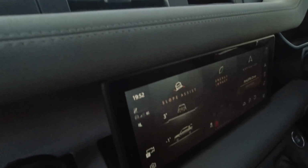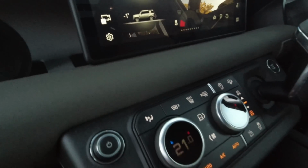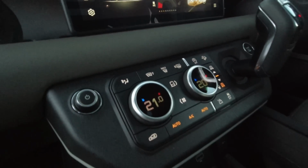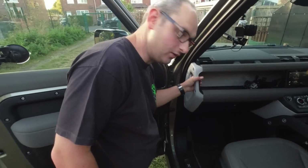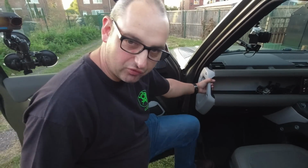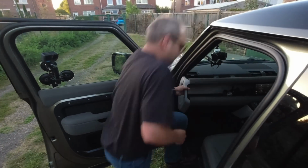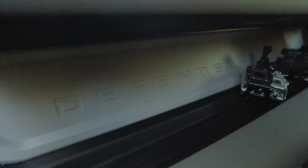We've actually got not only fresh air vents in here, but we've got climate controls there and USB ports as well. So that should be enough to keep the kids happy on any long journey. And this piece here, this is actually a structural component that goes across the width of the vehicle. We've got this nice sturdy grab handle as well, so if you're loading your roof rack, for example, you've got that to pull on. And just to demonstrate, you can really give that some welly